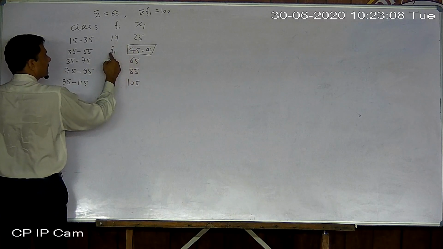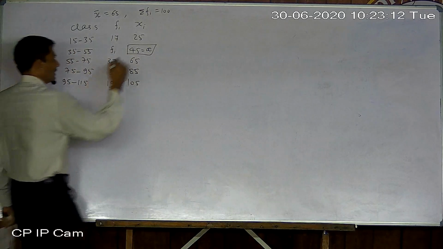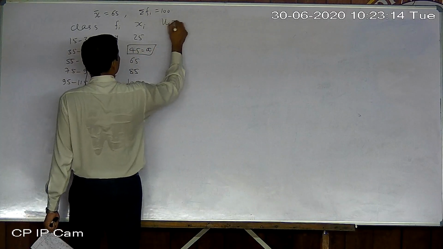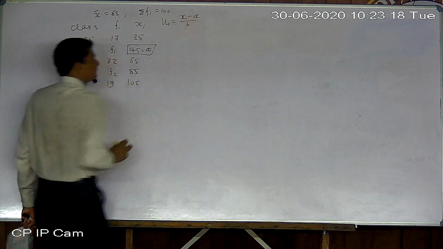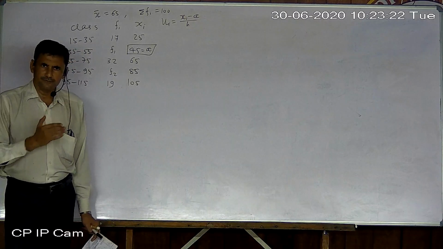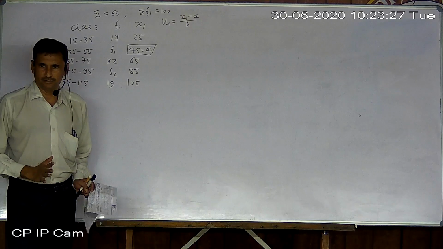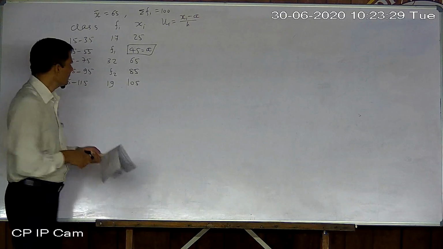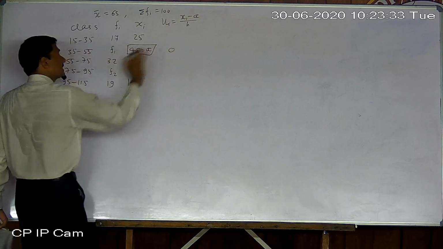Suppose A is at the first missing frequency, in the row of the first missing frequency, meaning the xi in front of f1. Okay, that is our A. Now ui. You know the formula of ui, xi minus A upon h. Just like finding mean sums, here also we write down ui without calculation. Why? Because the data is regular. So write down 0 here first of all, because A is the second row.